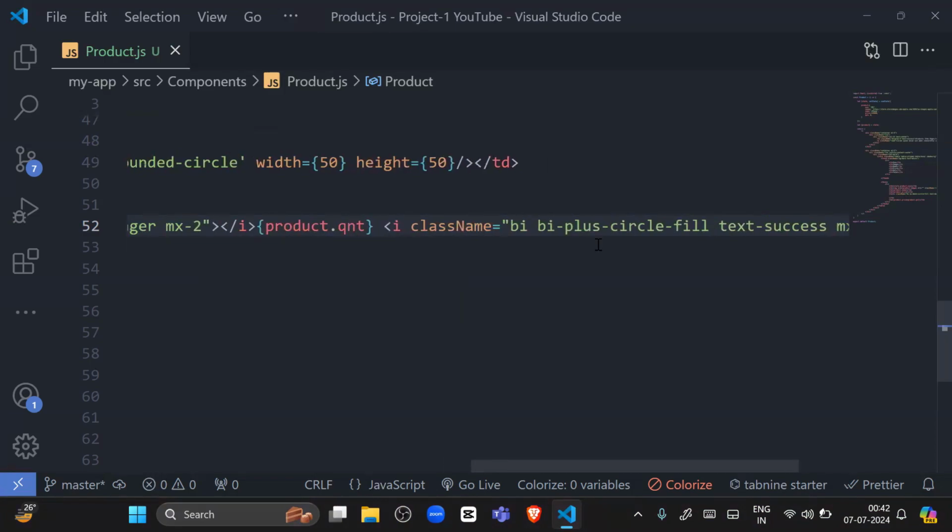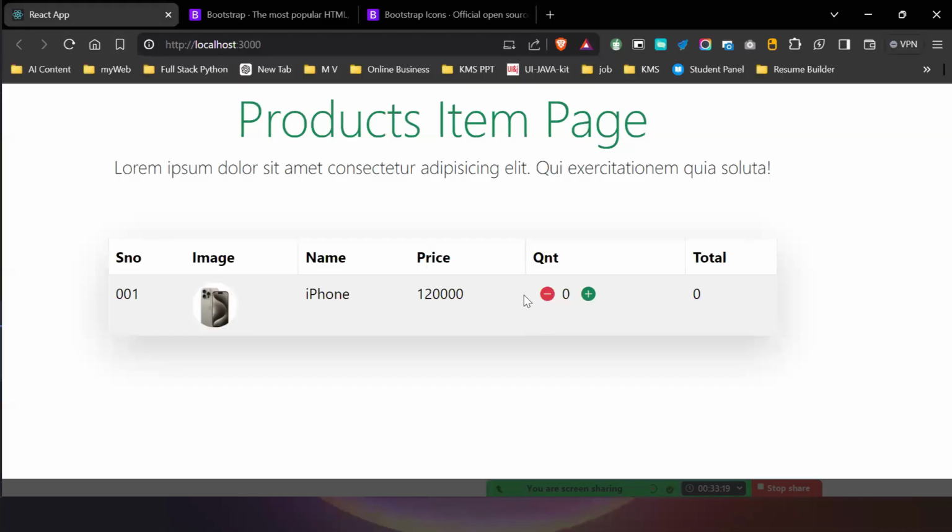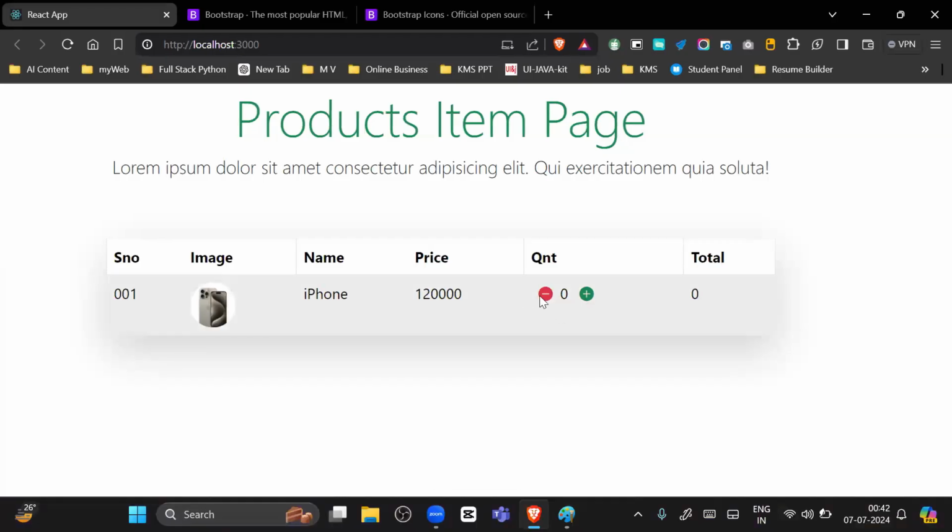Okay, now it is coming. This is what I tag, and see it's coming. Both are coming, minus and plus symbol. So if I click on this, it is not working. It's not increasing at all. So what we basically want to do,